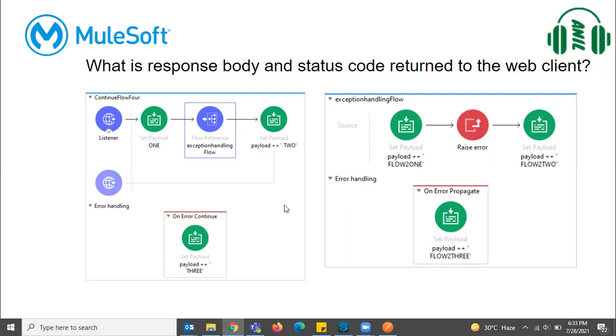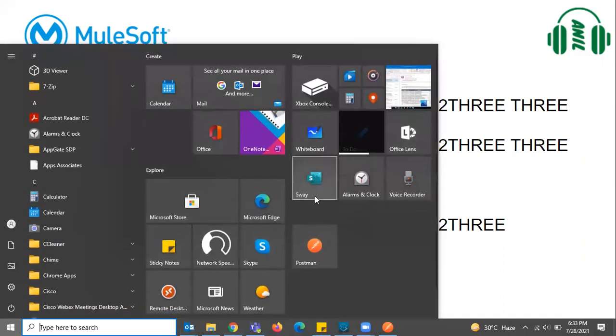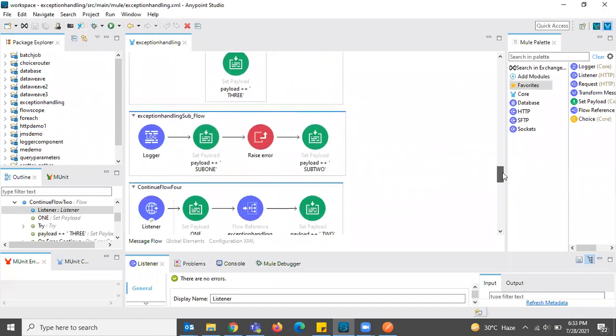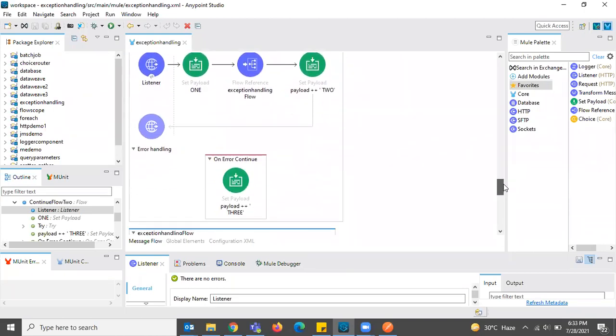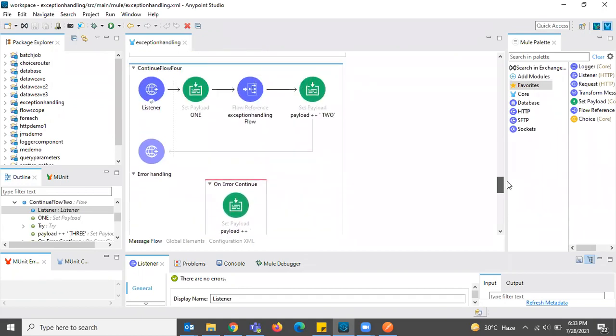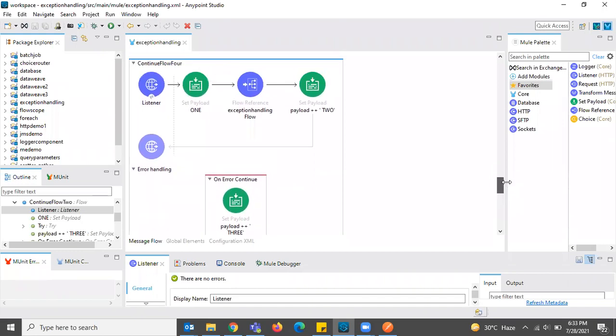Okay, so let us see what all options that we have. See, response body 1. Let us execute this and then see. See, this is the second flow and this is the first flow.